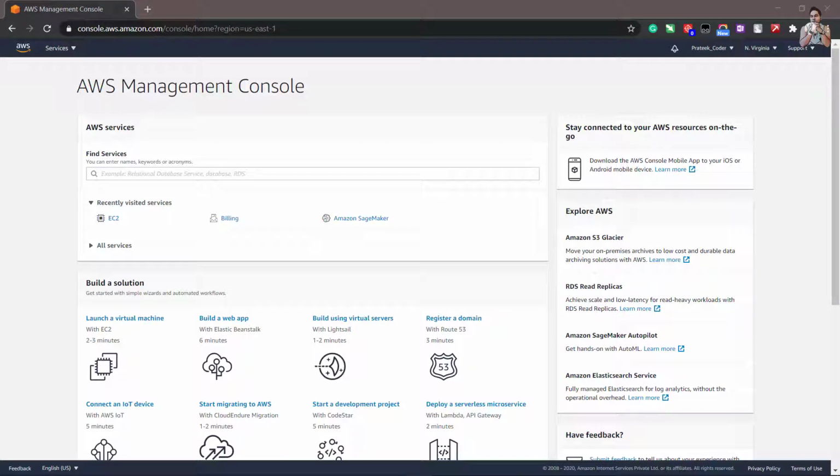Today I'm going to tell you how you can start a virtual machine on cloud platforms like AWS within 2 minutes and connect this virtual machine from your local system via SSH using Gitbash. Doing all this might sound a little complex to you, but believe me, you can do this within a couple